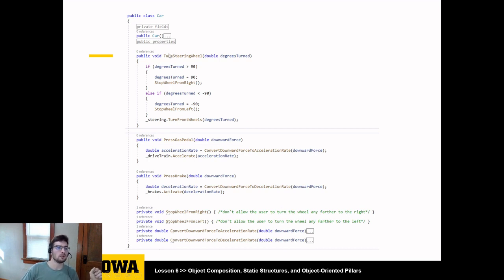So we have the public void turn steering wheel method. This allows us to turn the car. With some validation, we can only go so far to the right, we can only go so far to the left. So we have this interface for accelerating, so we press gas pedal and we press brake, but under the hood,